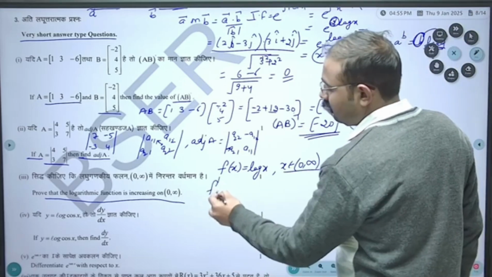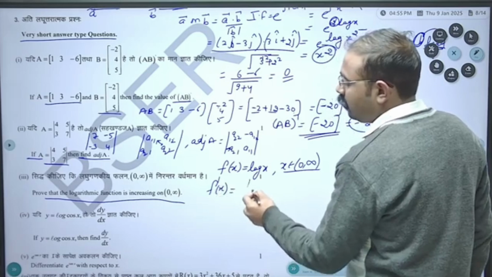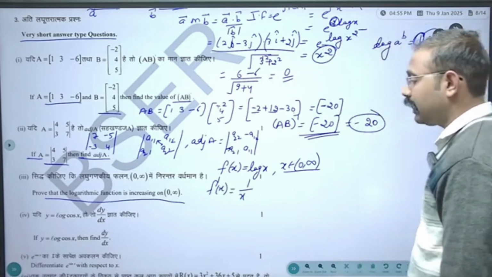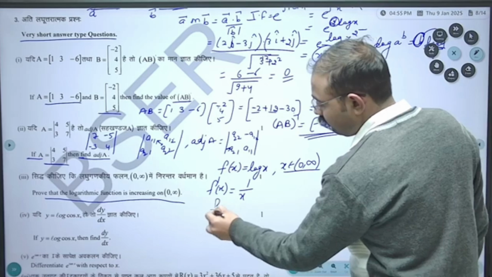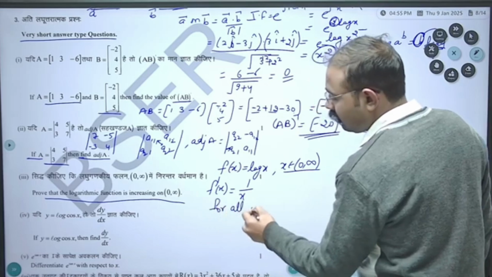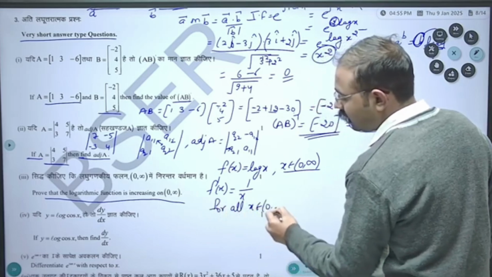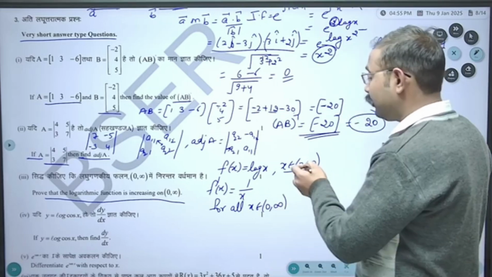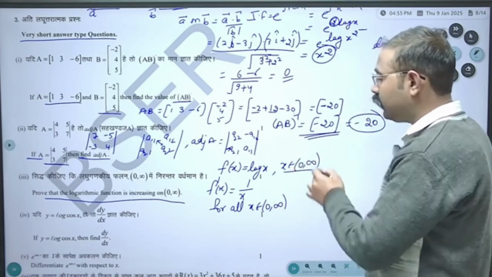Now by differentiating this function log x, differentiation of log x is 1 upon x. Now here, for all x belongs to 0 to infinity, whenever we will choose any x greater than 0 up to infinity,